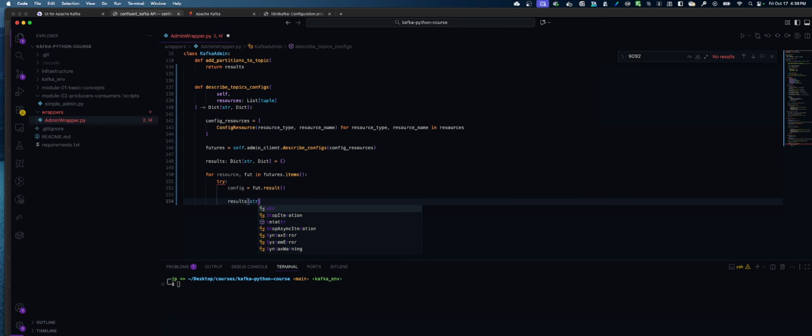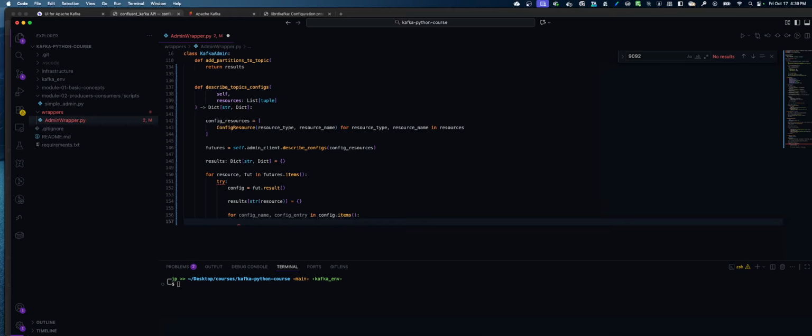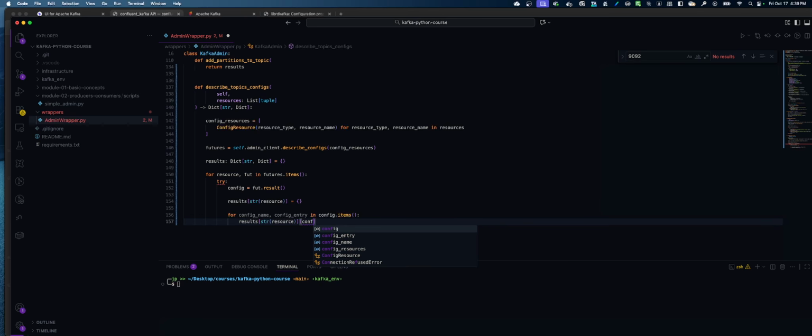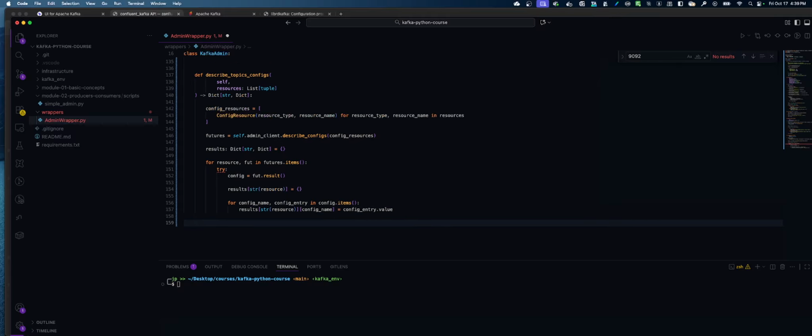Now we're going to extract each configuration entry at this level. So for each config name, config entry in config.items, we're going to store just the value, not the full configuration entry object. So results of resource, config name, gets config entry dot value. And here we can log this information,